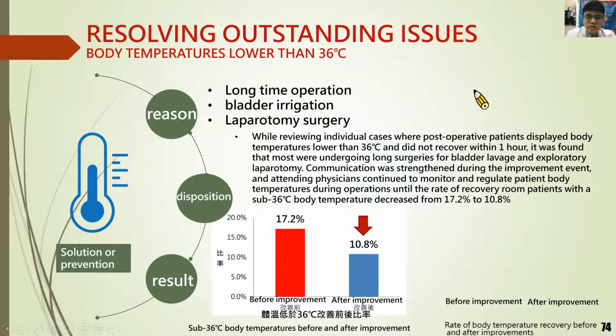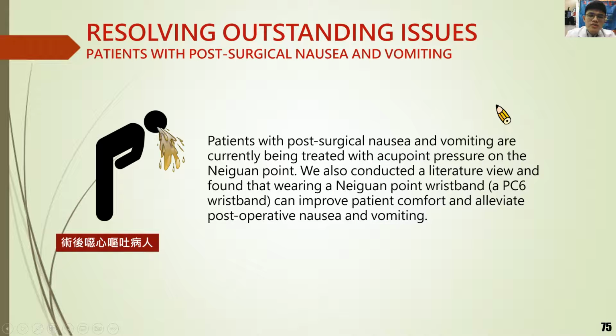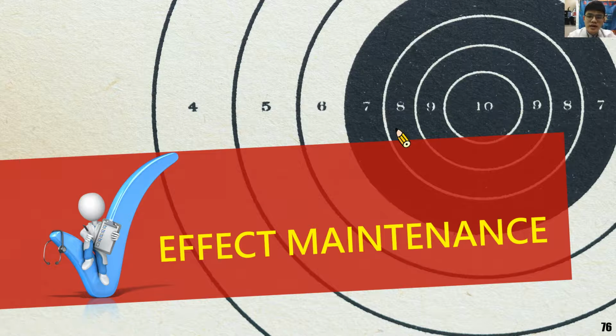The first is low temperature, which is commonly seen in the post-operative room. So we educate our members to detect early and recover early, and it all showed improvement. Another commonly seen problem is post-operative nausea and vomiting, and we provide a 内关穴 wristband to treat the post-operative nausea and vomiting along with the medication. So for effect maintenance,